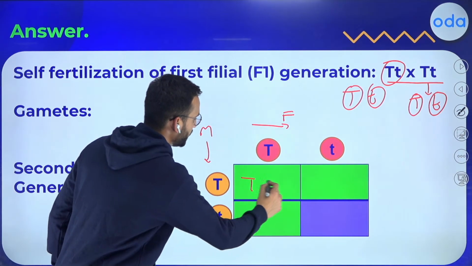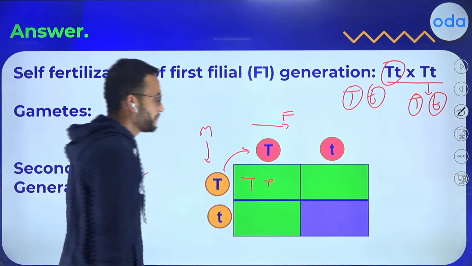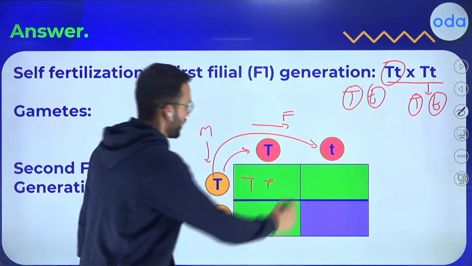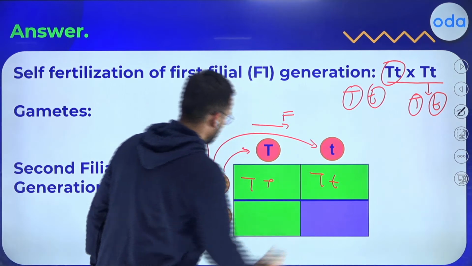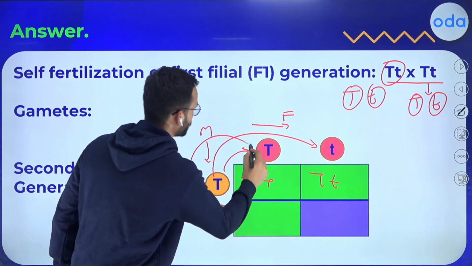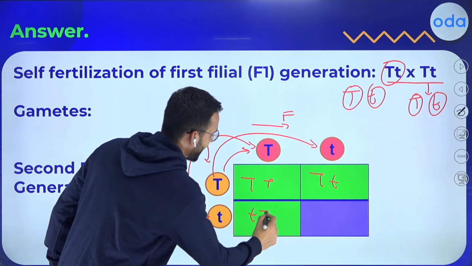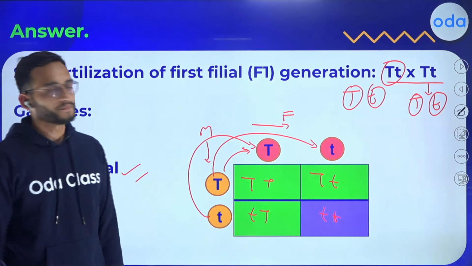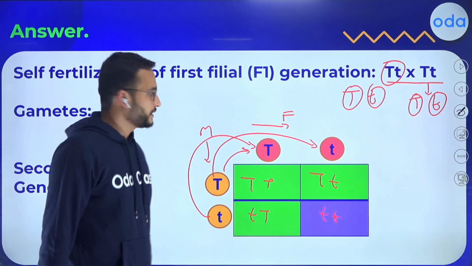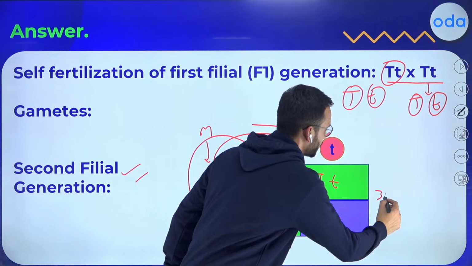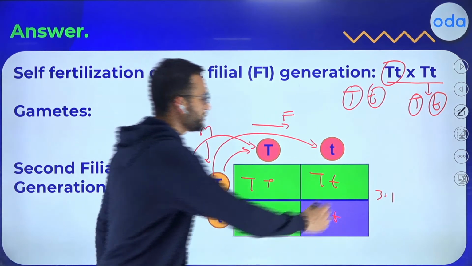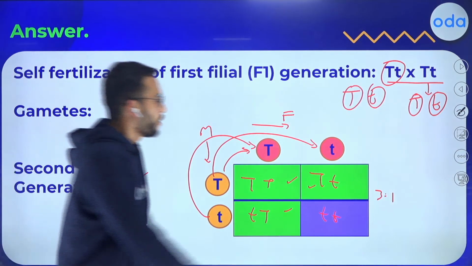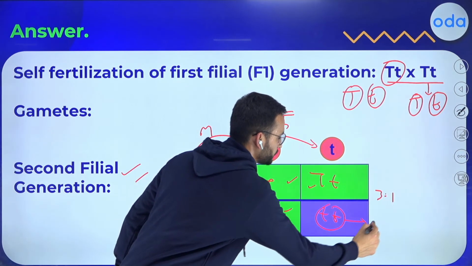So let us find the probability of having the different types of plants in the F2 generation. This will be capital T and capital T. The second chance is this goes and fuses with this plant and it is capital T and small t. And if this goes and fuses with this plant, it is small t and capital T. And here you get small t and small t. Now, what is the genotype? That is 3:1 ratio you are getting. This is the magical number. Three plants are tall, one, two, three. All these three plants are tall, while only one plant is dwarf.